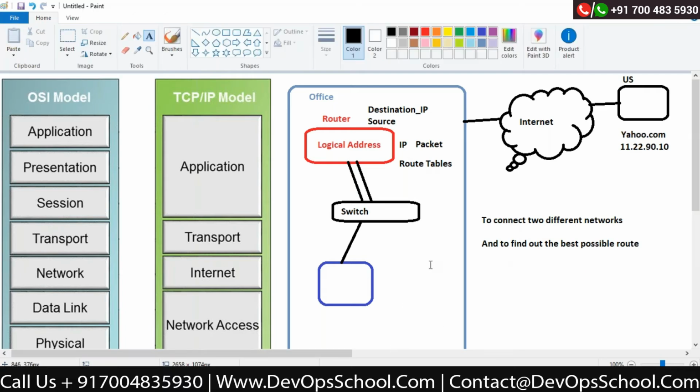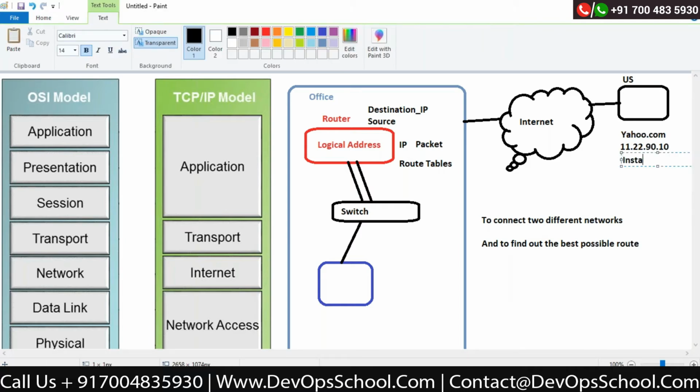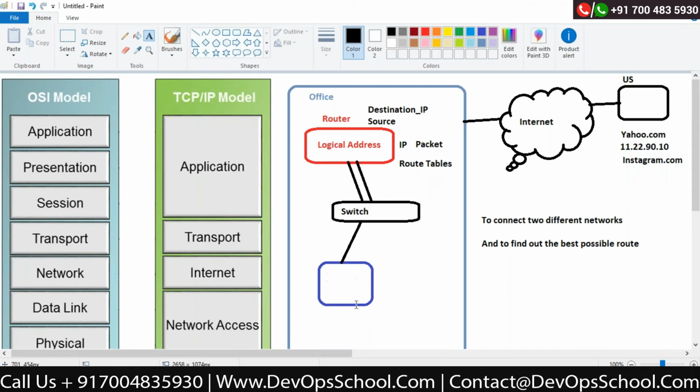Now I will explain with an example. Let's say from my computer, I would like to upload some photographs to yahoo.com, or currently which is very famous, Instagram. Now Instagram.com is somewhere in the US, but you are uploading a photograph locally.